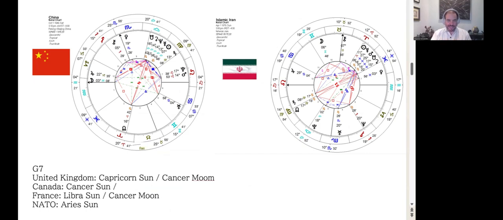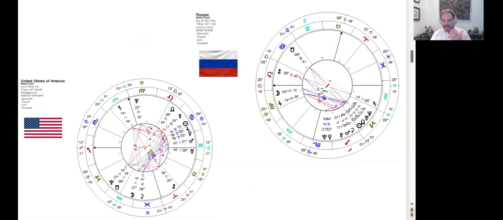Three planets and Ceres and nodes again in a cardinal sign. It's obviously also a very heavily fixed sign country, but the cardinality is very present. And then I was looking, so who's the Aries? We have all the superpowers here as